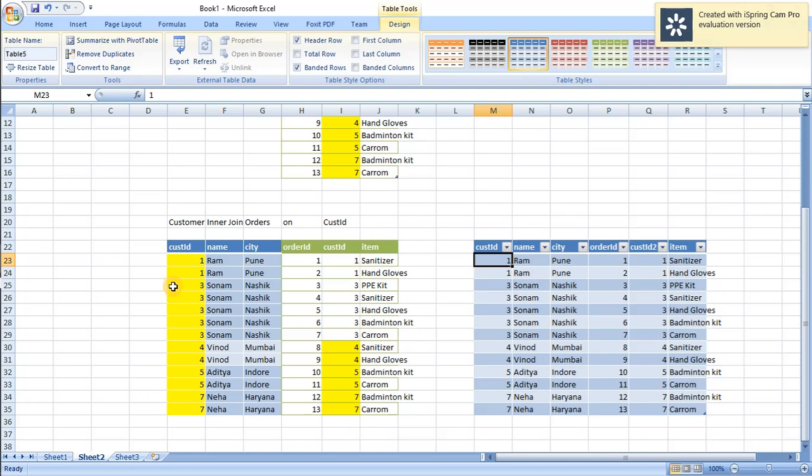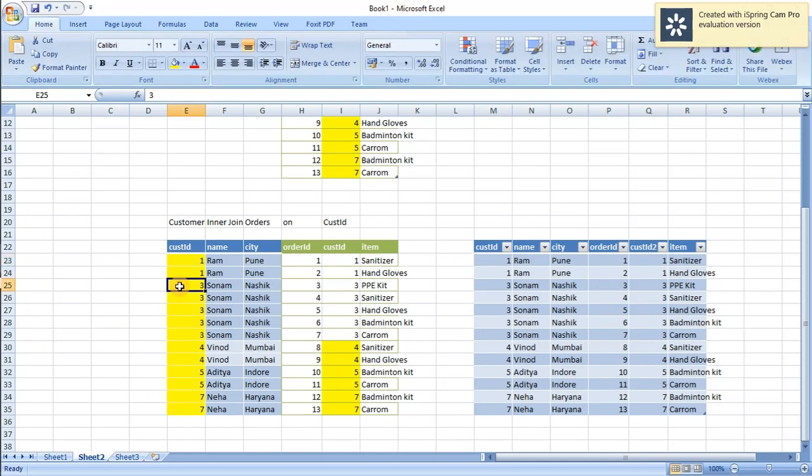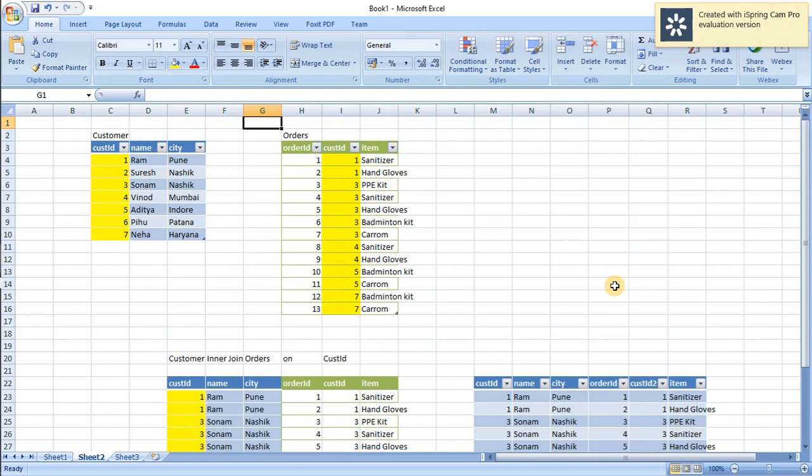If you want to quickly cross-verify, we'll verify for customer ID equal to 3. This is a random verification. You can see that there are 5 entries for customer 3, and they are there in the output that we have written from the query. If you look at all the entries, they are exactly the same as written by the SQL query. So this is how an inner join works internally, as I have explained with the help of this Excel sheet. I hope you guys have understood the inner join concept.